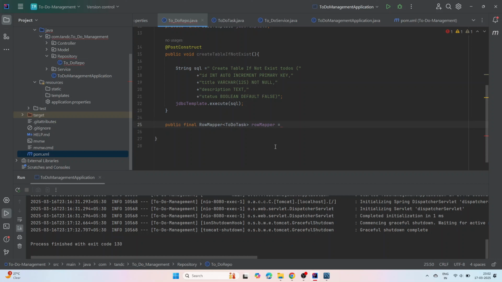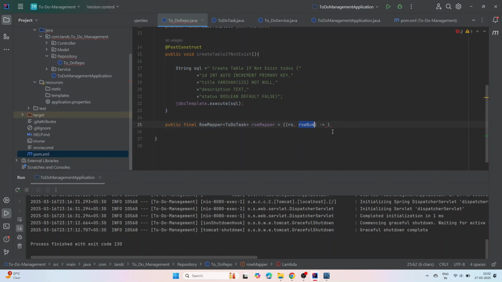For that we need two variables. One is rs, the result set, and the other one is rowNum. This rs represents the result set which we got from the database, and the row number is the index of the current row